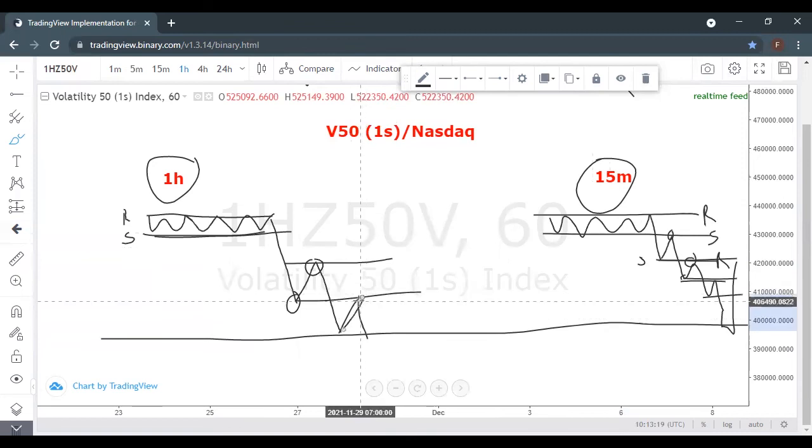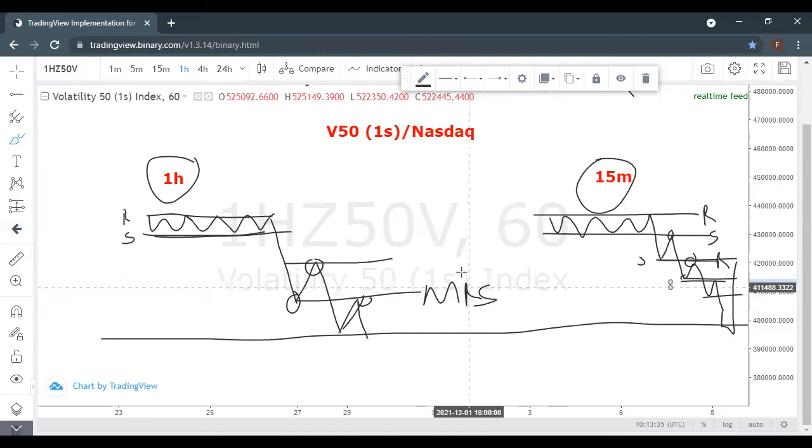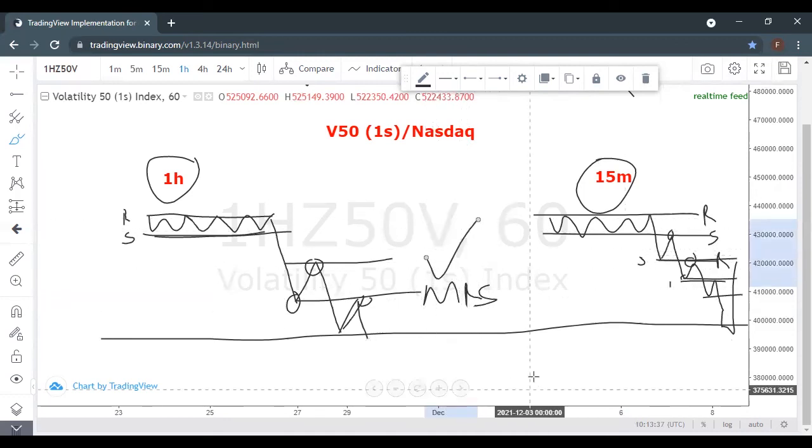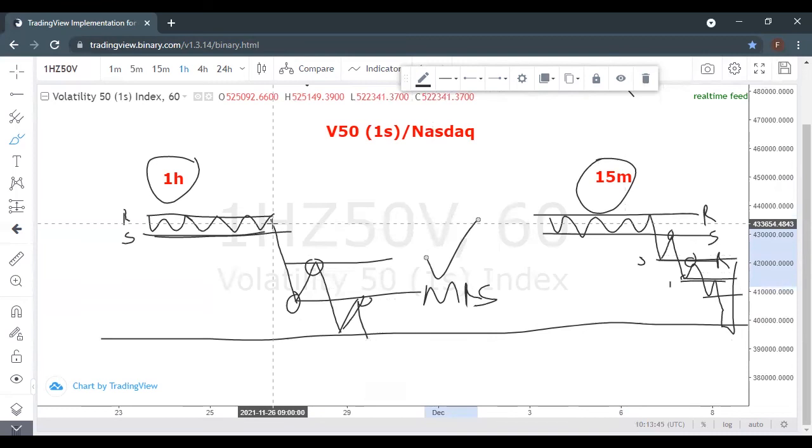the pullback on a bigger time frame, you can actually have an edge because this is more like a major support and resistance, right? Resistance and support, and these are minor support and resistance. So taking your trades from major support and resistance is always good, and it's going to give you an edge. Why? Because this is where the big boys are going to take their trade. The big institutions are not going to waste their time trying to trade on a 1 minute time frame. They are definitely going to take their trades from bigger time frames, the 1 day time frame, the weekly time frame also. So you want to see these major